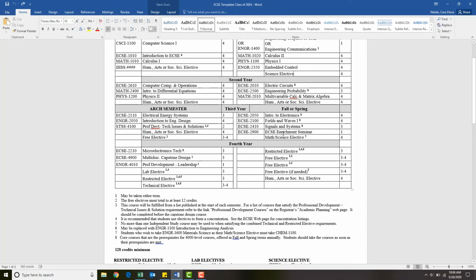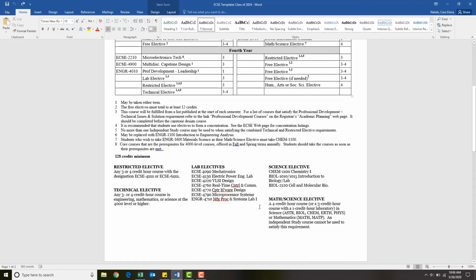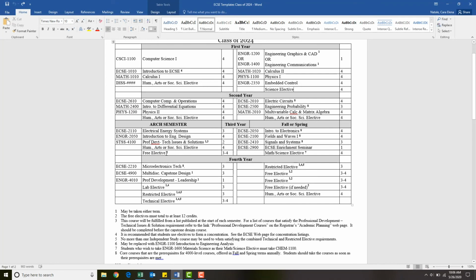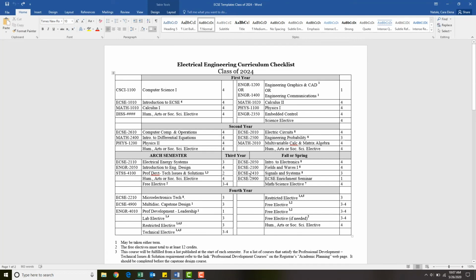So again, with the math science elective options down below, this is more of a paragraph. It's very broad as to what courses can count. However, nothing is quite as broad as free electives. All engineers, regardless of major, have to take 12 credits of free electives, which are literally any class that you're not already having to take for one of your other requirements. So if you're on the fence between electrical engineering and some other engineering major, these can be a really great way to explore a new field, do something for fun, or potentially incorporate a minor later on.